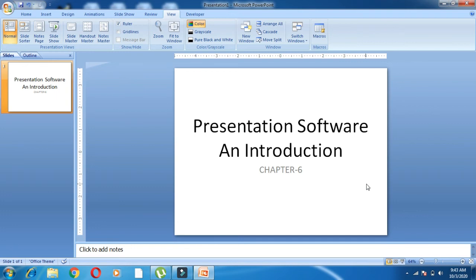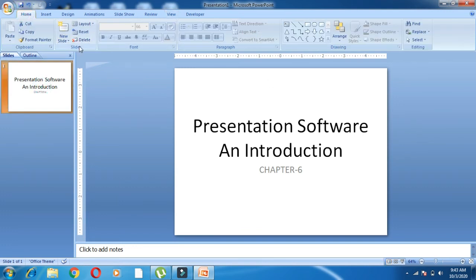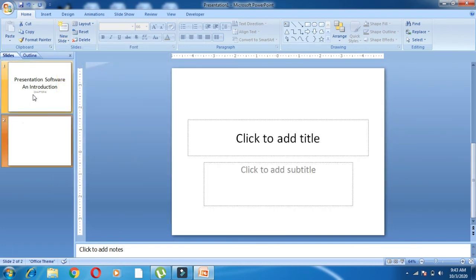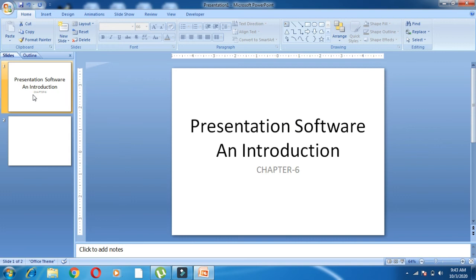And the individual single page is known as a slide. If I add one more page, a new slide, we'll get slide number 2. The empty slide will be here. So slides are the single, individual pages of a presentation.